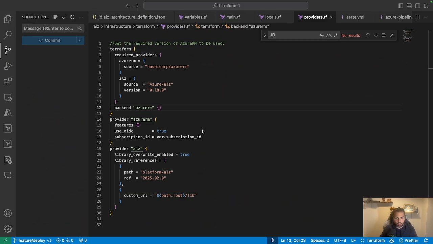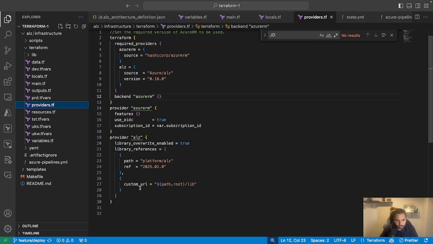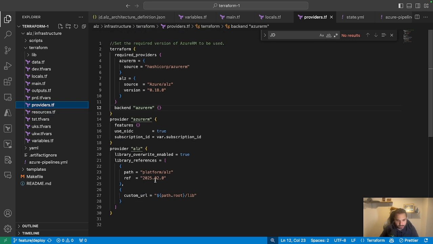So if we navigate to our provider's configuration using the ALZ pattern module, just to demonstrate first, if I go to my main.tf, we can see that we're leveraging the ALZ pattern module here. I'm not doing anything too particularly fancy with it at this point. This is just purely in my demo environment. But if we navigate to our provider configuration, we can quite clearly see here that we're referencing the 2025-02 version. Now, this is the version that was released prior to the one that is available now,